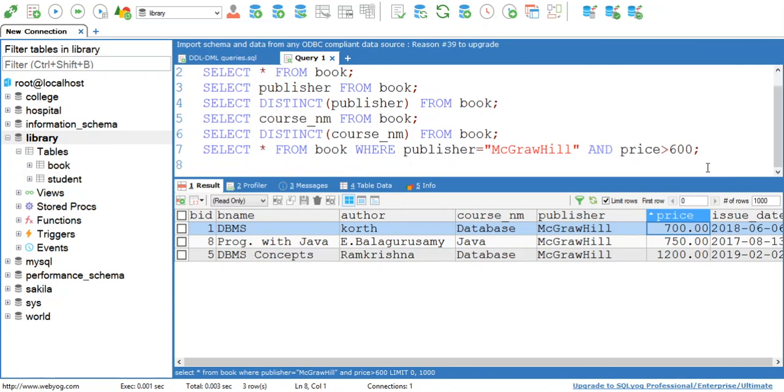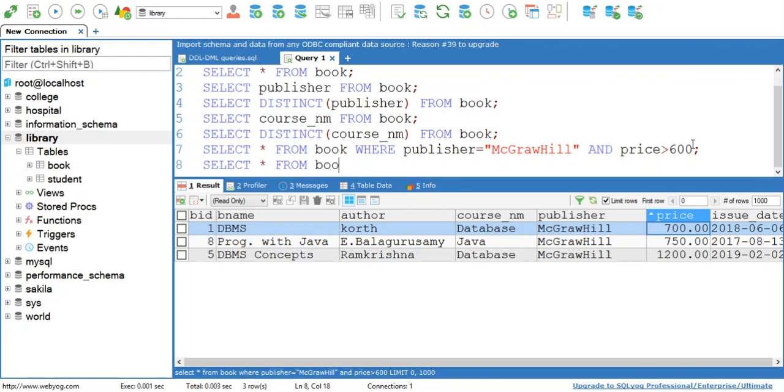Now let's see the result for or. Now I want to display data for the books where publisher is either McGraw-Hill or Manning.